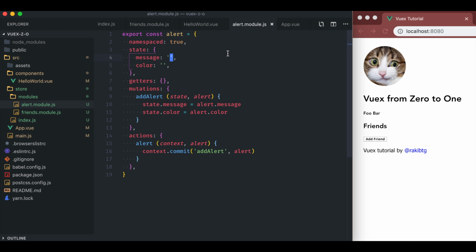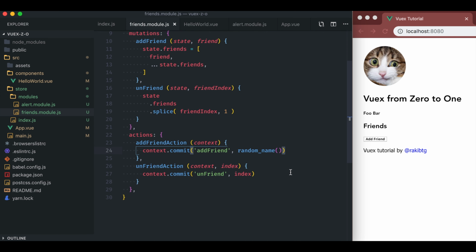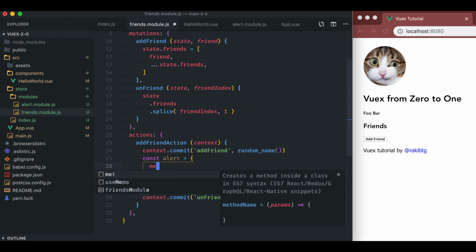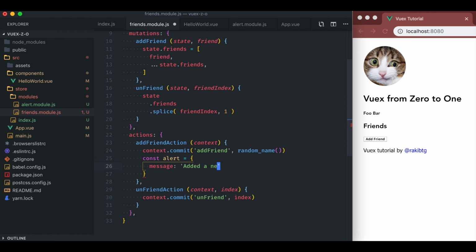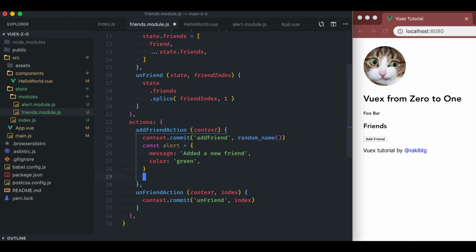Okay, now that the alert module is ready, let's dispatch its alert action when we add or remove a friend from friends module. So go back to friends module, and we need to update the actions. When we dispatch the add friend action, we will also dispatch the alert module's alert action. So our alert message will be